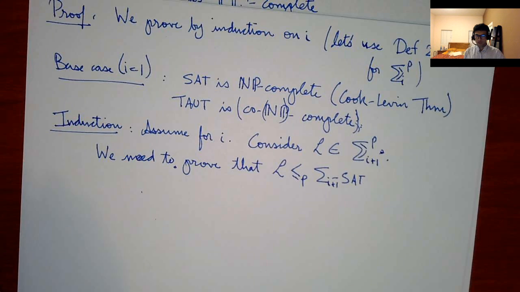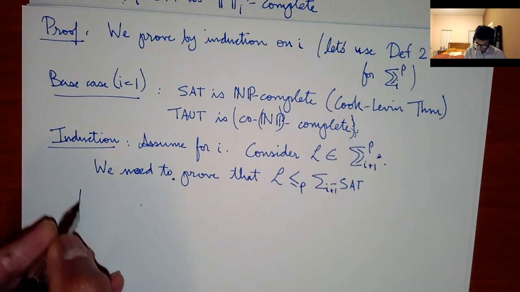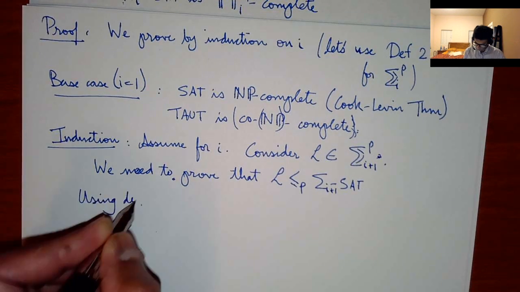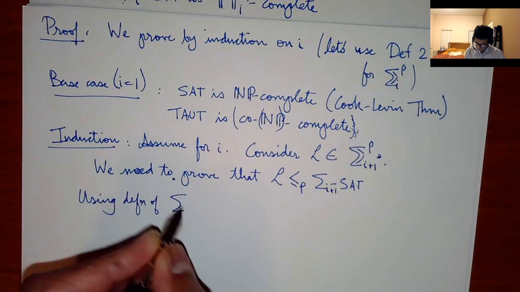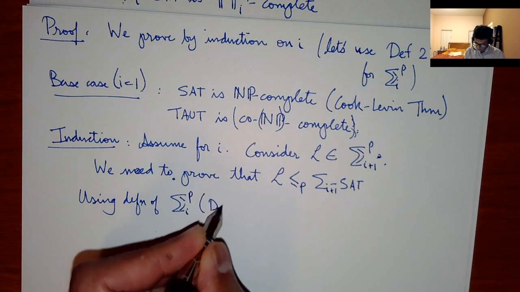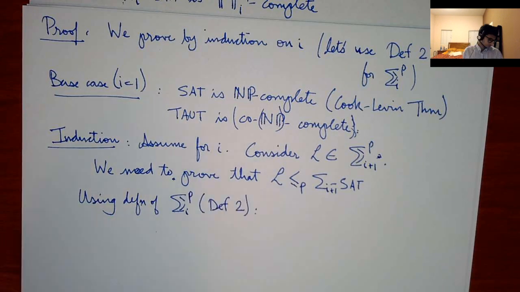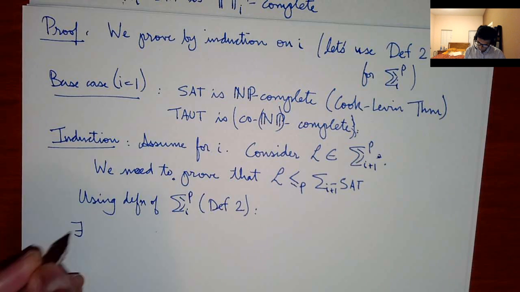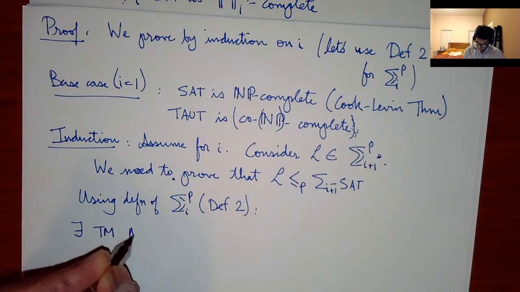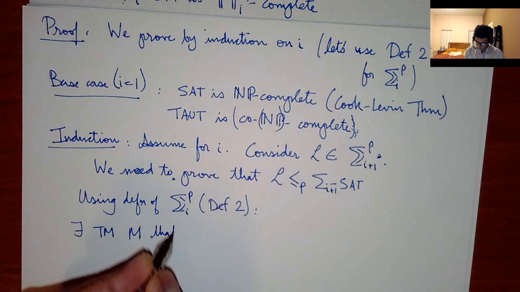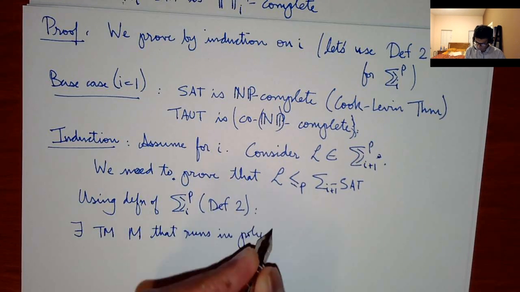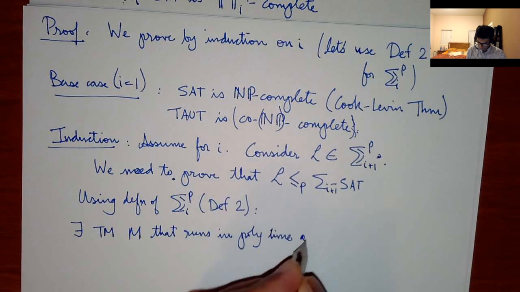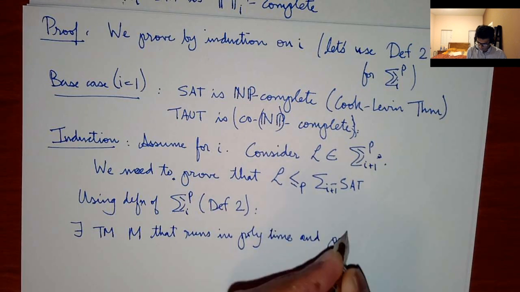So let's just use the definition. Using the definition of Sigma_i P, which was definition 2, we know that there exists a Turing machine M that runs in polynomial time,